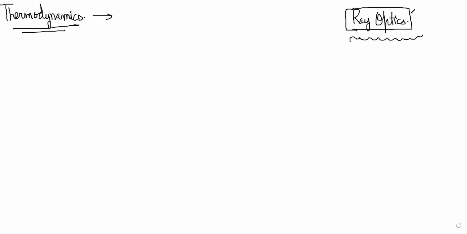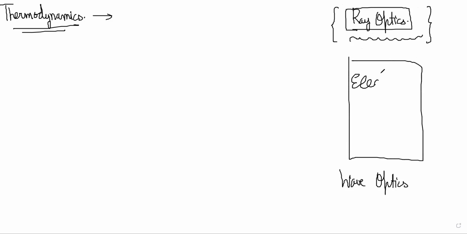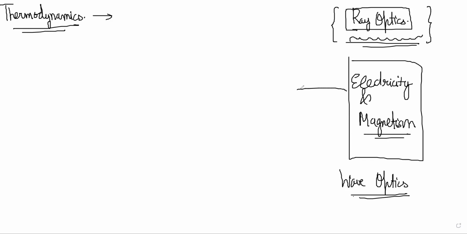So Allen's schedule is totally weird here. They start with ray optics, for what reason I don't understand. Every year they start with ray optics in 12th, and then they do wave optics at the end, after doing electricity in the middle. By then you will have forgotten everything in ray optics, so that is not an ideal way to study. So I will not be doing ray optics right now. We will do electricity and magnetism, which is one of the most important portions. As soon as they finish ray optics, they will start electric field and all.